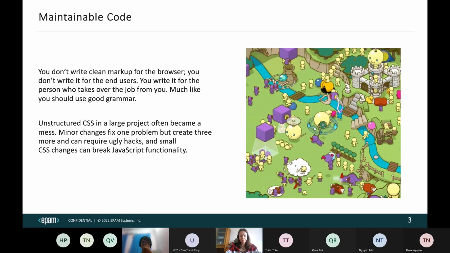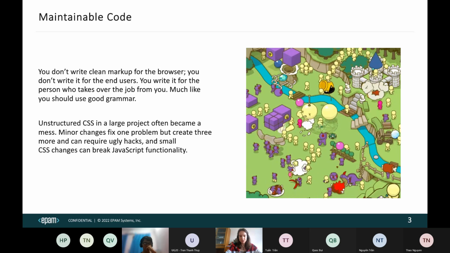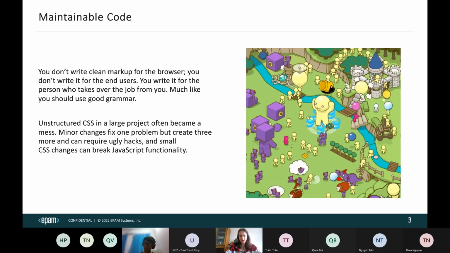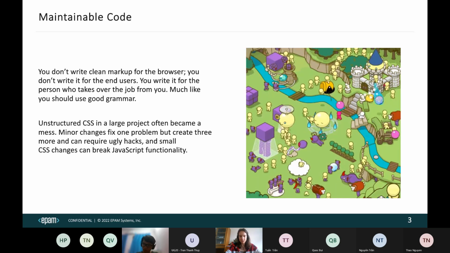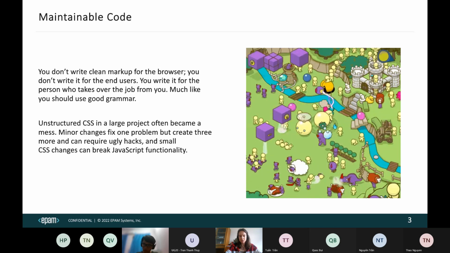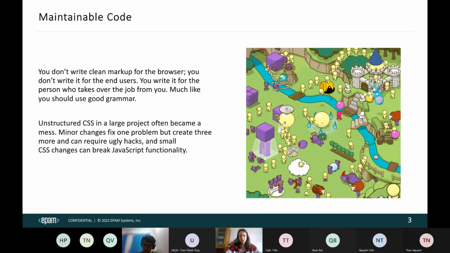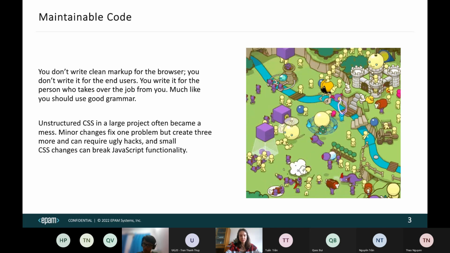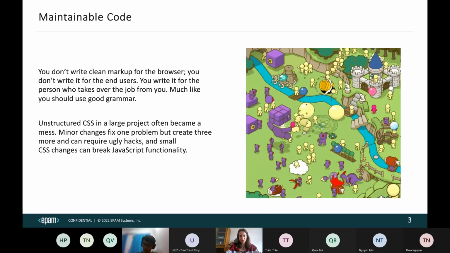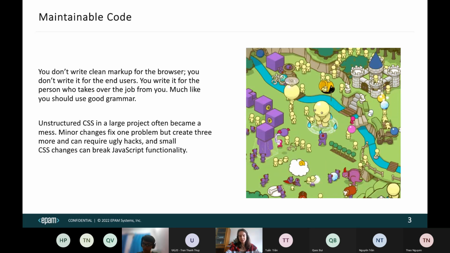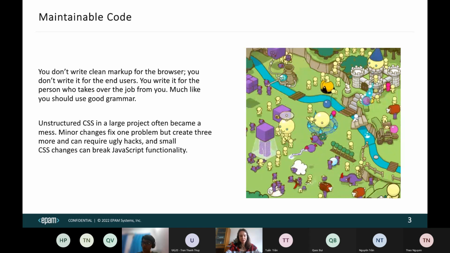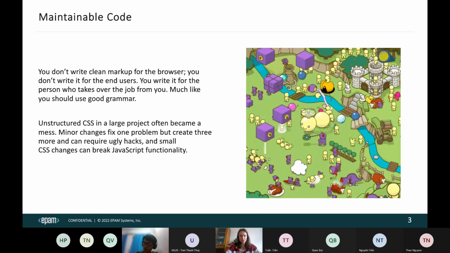So our browsers and end users, they don't really need that you write your code in a clean way. But your colleagues, they really need it because they will work with it and they need to understand it and